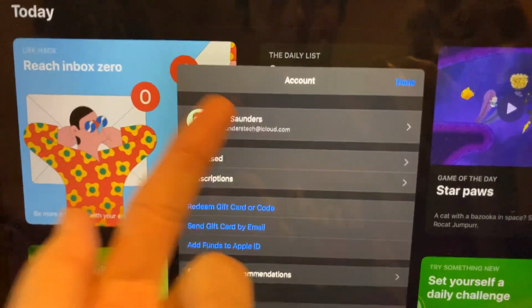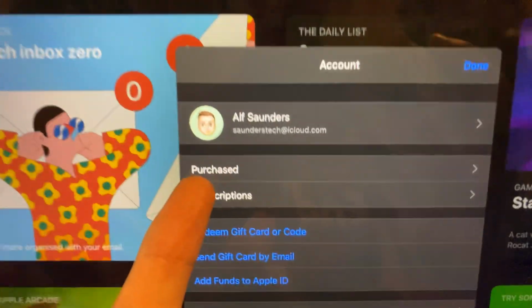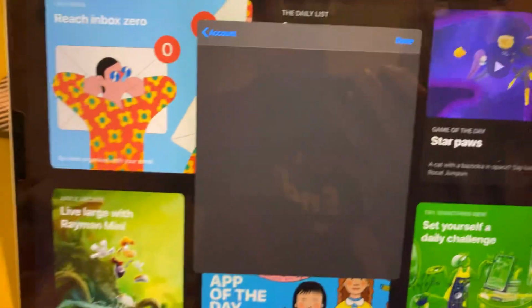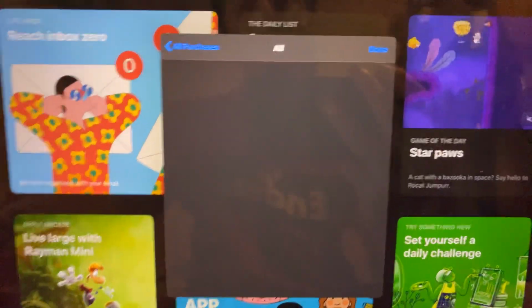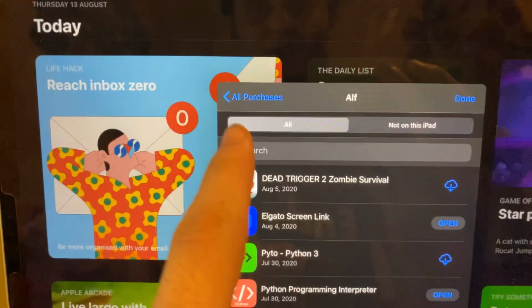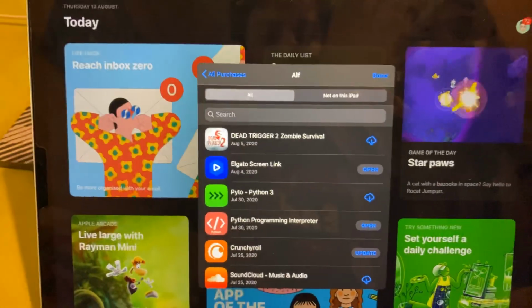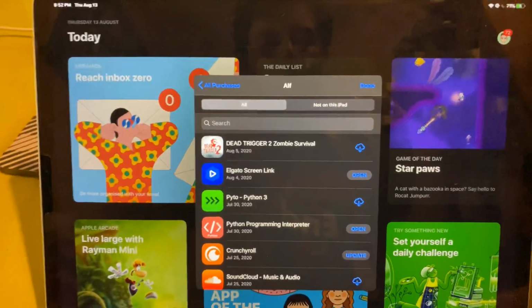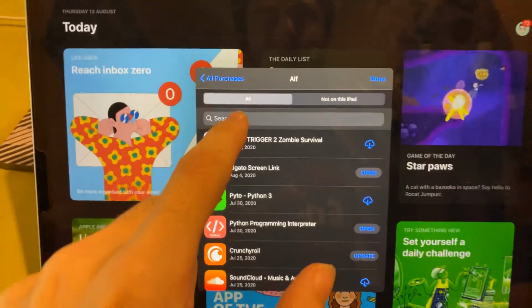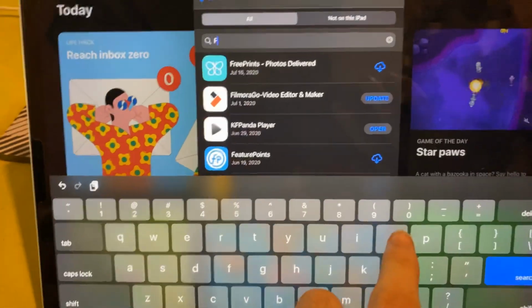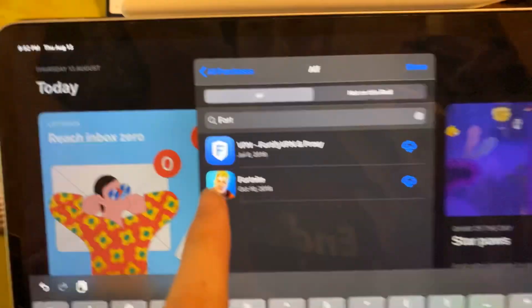You can see your name, you can see your email, but we want to find purchased. Tap on purchased and it's going to load a brand new view. So we're going to tap on my purchases and make sure you select all right here. And essentially it's going to show all of the applications that you've actually installed on your device in the past, which is really cool. So I'm going to go ahead and search out for Fortnite, and you can see Fortnite